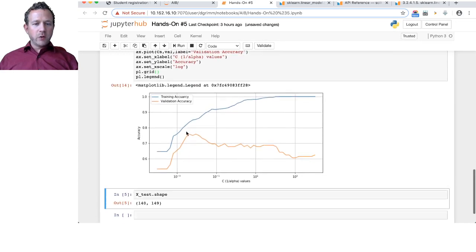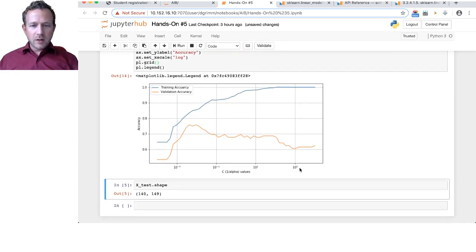And now we see the following plot. Here we can see all the different C values from 10 to the -4 to 10 to the 4. That's in log space, all the 50 different values. In blue, we see the training accuracy, and in orange, we see the validation accuracy. And we see here,